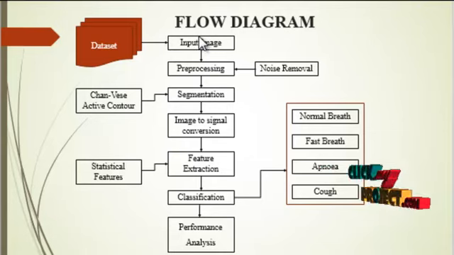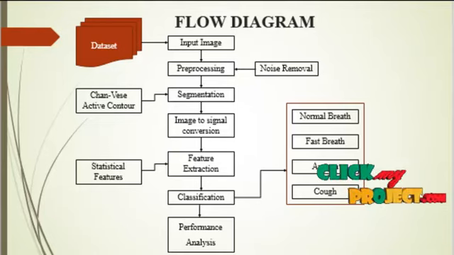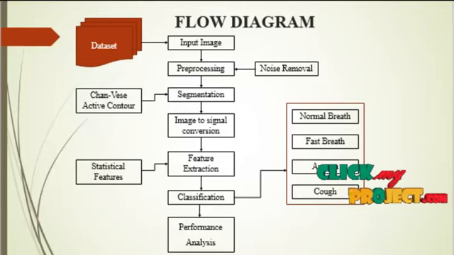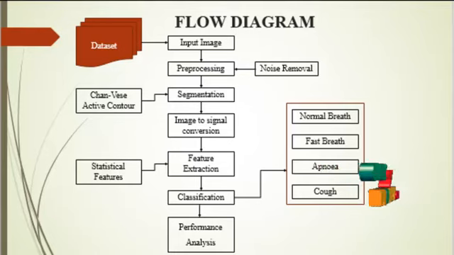First module is input image. Here we take one input image, then it goes to the pre-processing stage. The pre-processing stage is used for removing noise. Pre-processing is carried out by 2 major methods: noise removal and image enhancement. Image enhancement is the process of adjusting digital images so that the results are more suitable for displaying or further image analysis. For example, you can remove noise, sharpen or brighten an image, making it easier to identify the